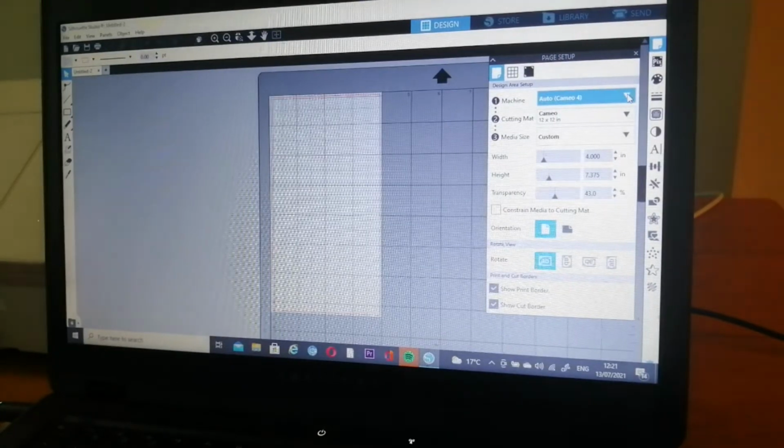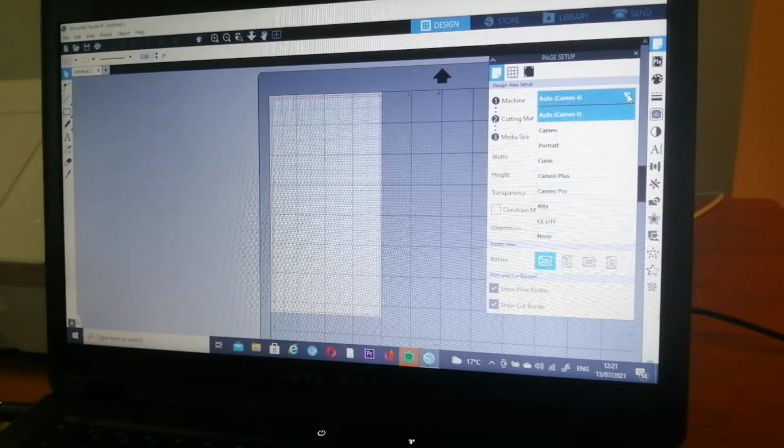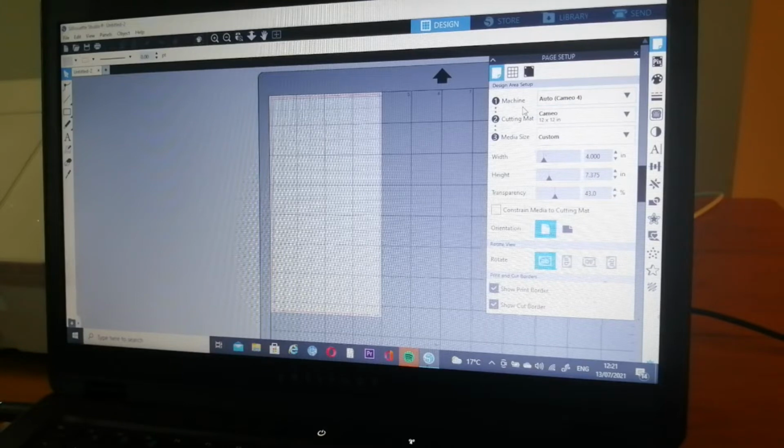If not, you click on this arrow to choose the right machine you are using. Then the cutting mat. The cutting mat that I'm using is 12" by 12". But if you are using a bigger one, just make sure you select the size you are using on this